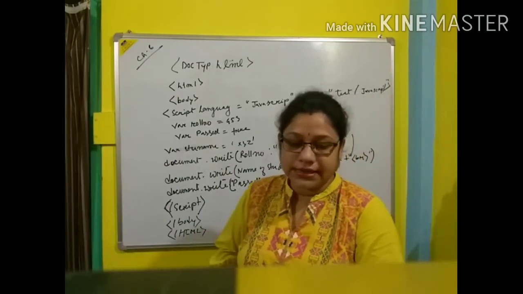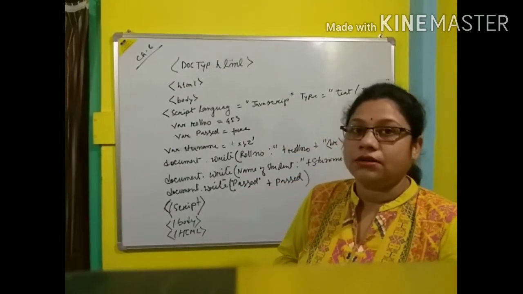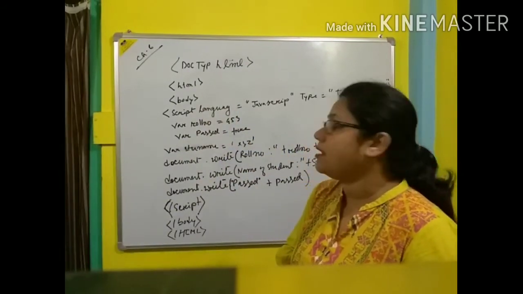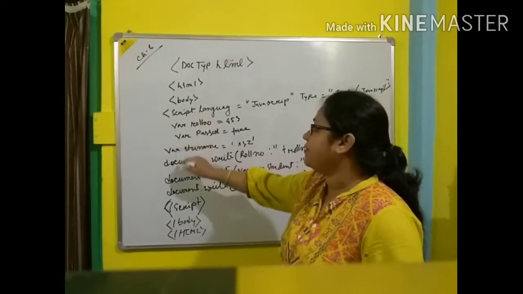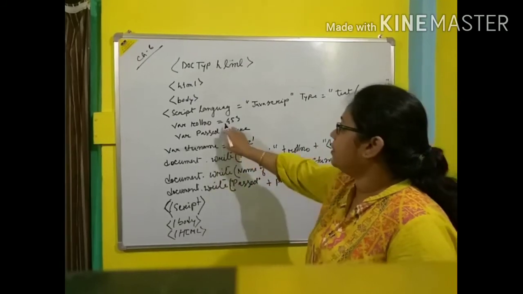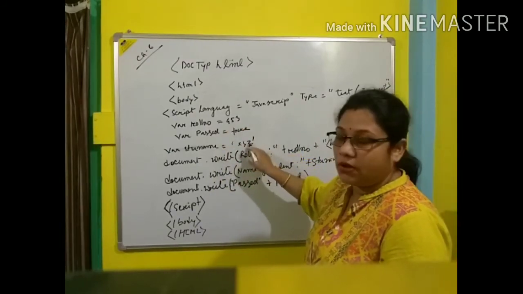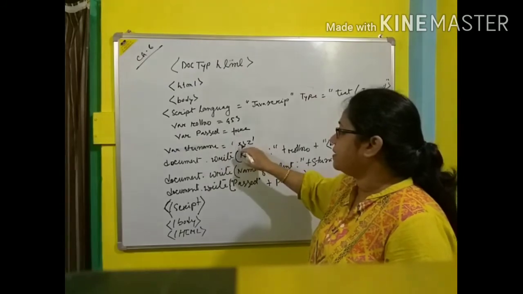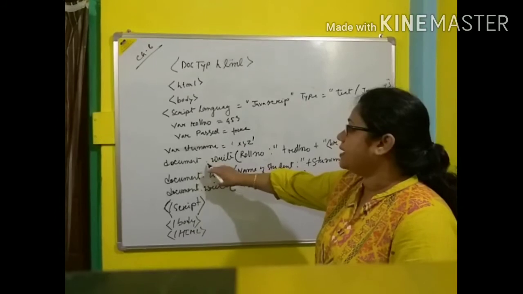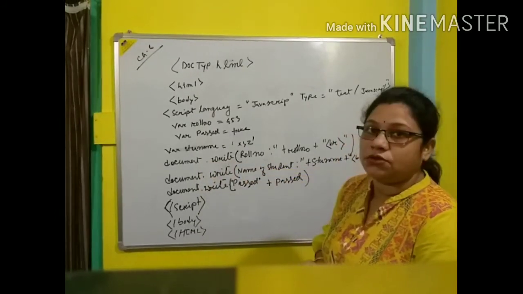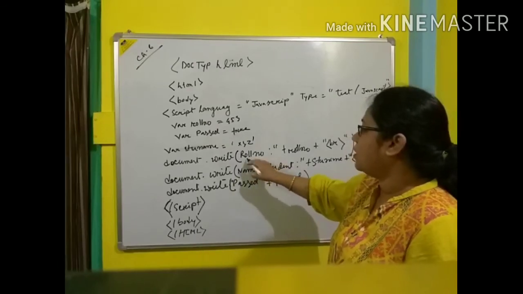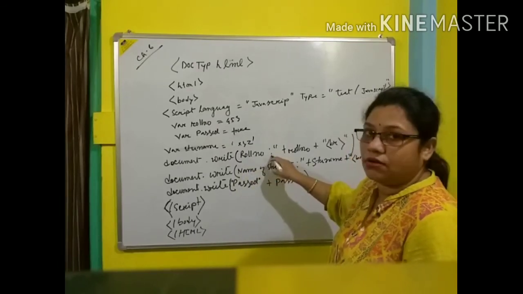Okay, so this is a small coding part that is developed using JavaScript along with the HTML, where we declare the three variables, and after declaring the three variables we assign the values here. Okay, and one thing, the string is used with quotation marks. After that document.write, this statement is used to write something on the web page. So what we want to write on the web page is roll number.